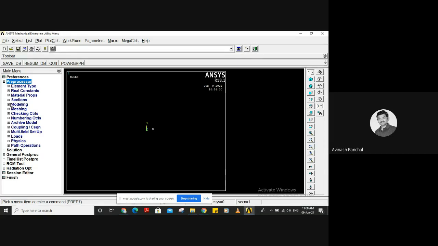Then modeling of whatever the model we are having. Okay, so whatever the structure we are having, for that we need to create a model. We need to create some key points first, then we need to join those key points by lines. Then after that we need to give some cross sections for that.